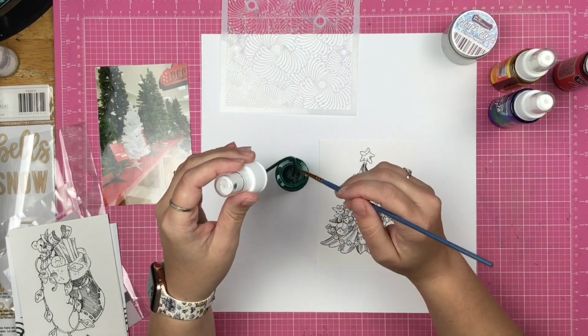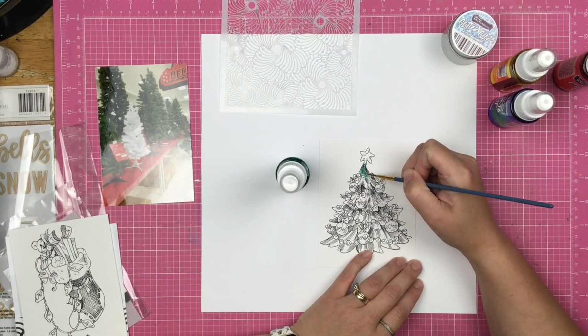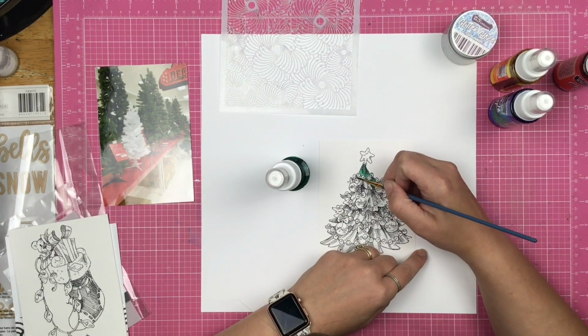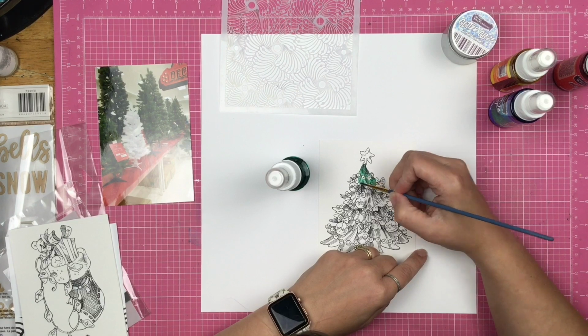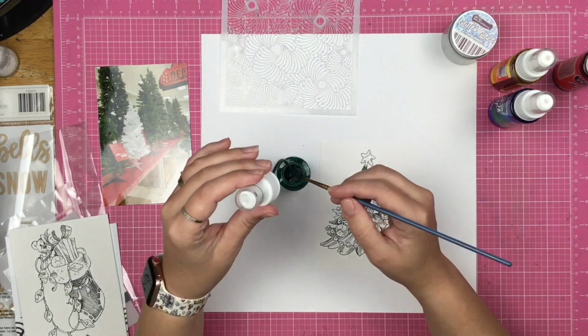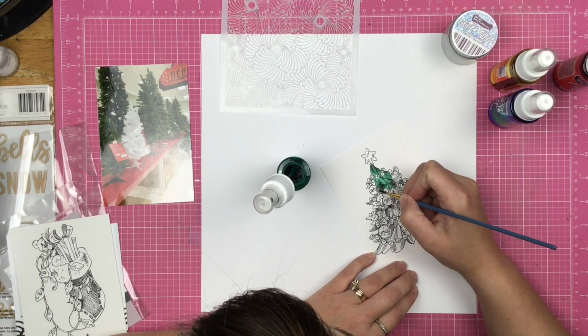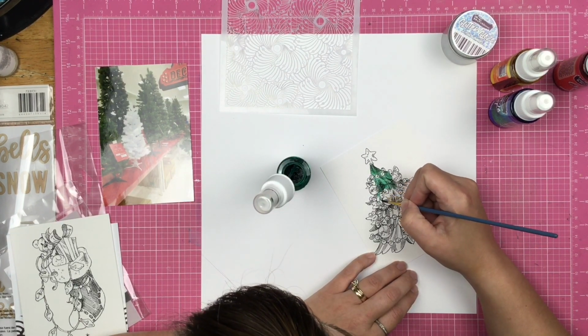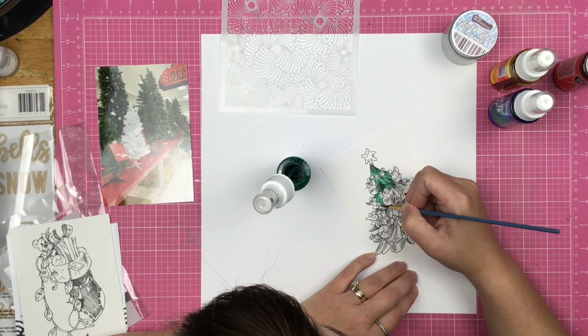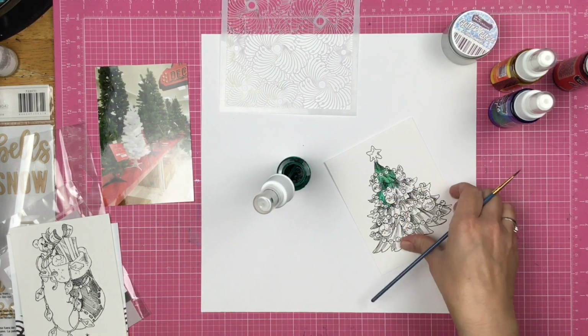So I'm starting out with this Christmas tree card panel, and they are perfect for cards, guys. You could decorate these up, slap them on a card base, send them off on their way, and you have a beautiful Christmas card ready to go. Won't take you a lot of time. However, you guys know that scrapbooking is my thing, and I thought that these would make great decorative elements for